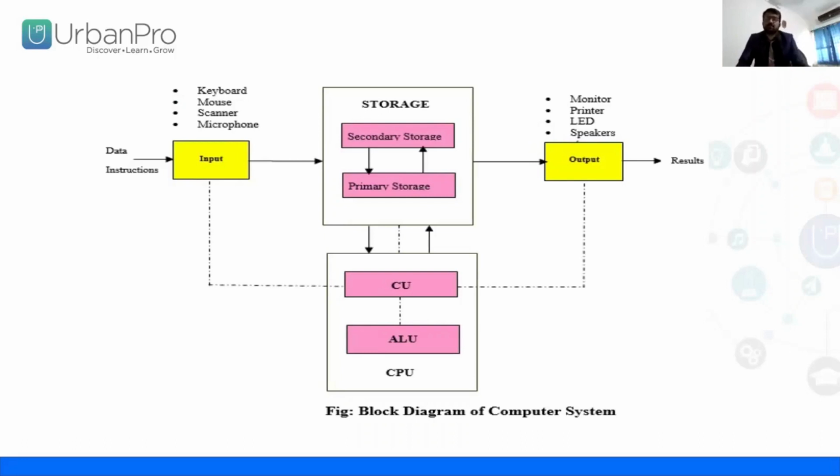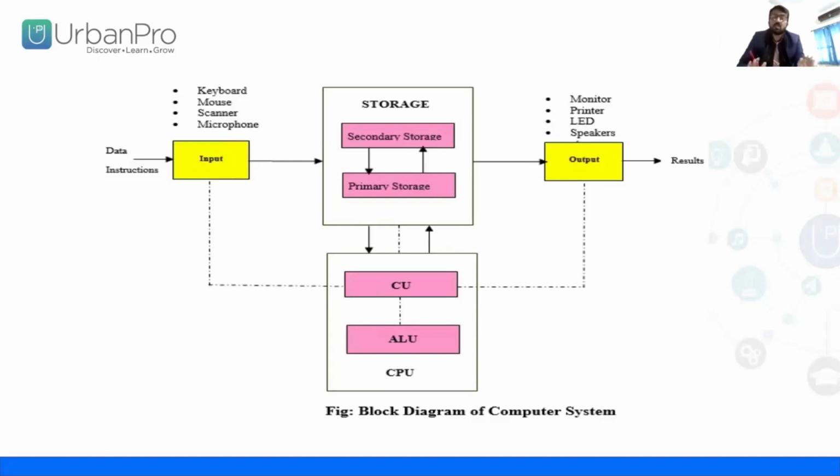Now moving to the central processing unit. As you have seen before, CU, that is control unit, and ALU is an arithmetic logic unit. As I have explained before about CU and ALU, this is the central processing unit. Next is the storage unit, that is memory. I've shown you just now real life memory and the random access memory. Random access memory comes under the primary storage.